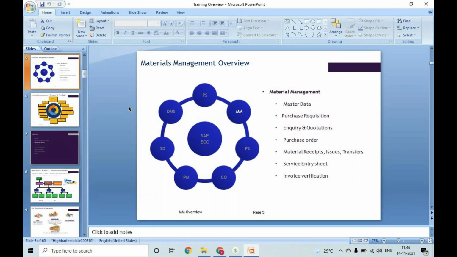Again, this purchase order can be sent through mail, or it can also be sent through third party systems. A vendor might use some software, and if that software is connected to SAP, once the PO is released, it will be sent to his system automatically. This is done through integration, by a developed interface.